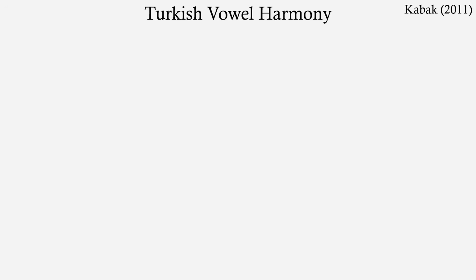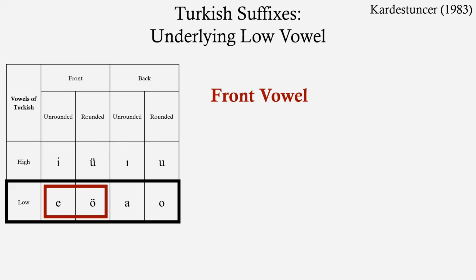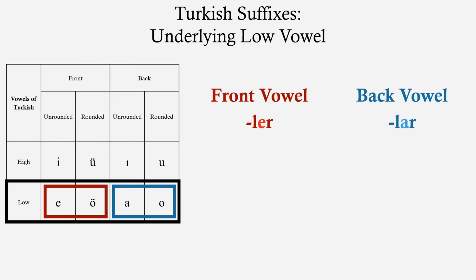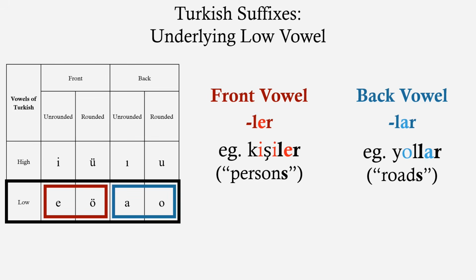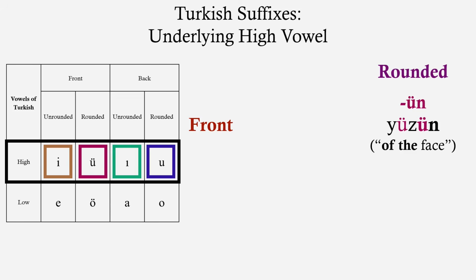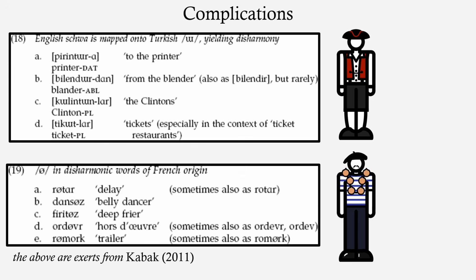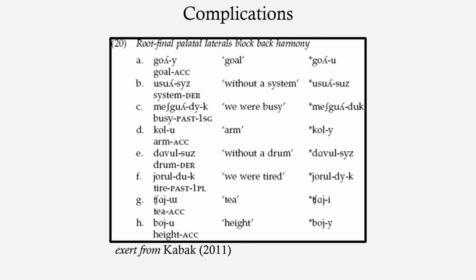Turkish primarily has front-back harmony like Tatar, with a vowel inventory that looks like this. But for the high vowels, it makes a further distinction between rounded and unrounded harmony, meaning low vowel suffixes have two versions, one for front and one for back, such as with the plural suffix, which has forms lar and ler, whilst high vowel suffixes, like the genitive suffix, have four versions: front rounded, front unrounded, back rounded, and back unrounded. Once again, things get complicated with loan words, and with some consonants exhibiting harmony blocking properties, but the thing